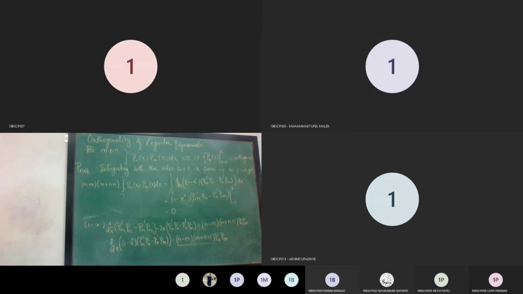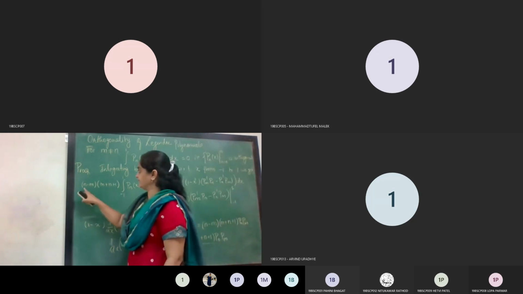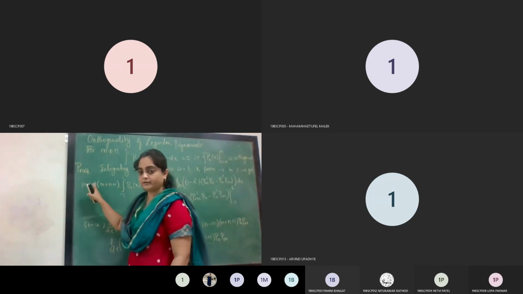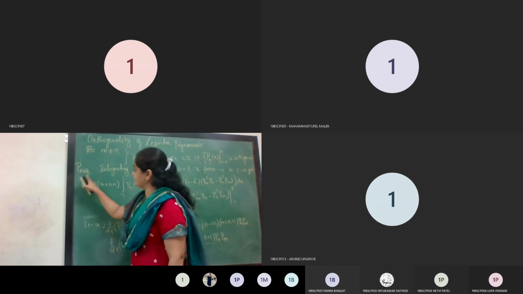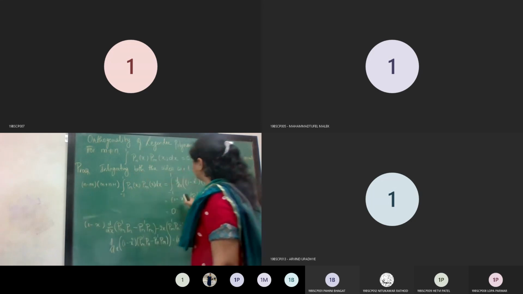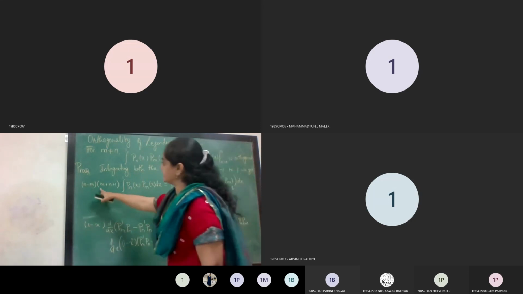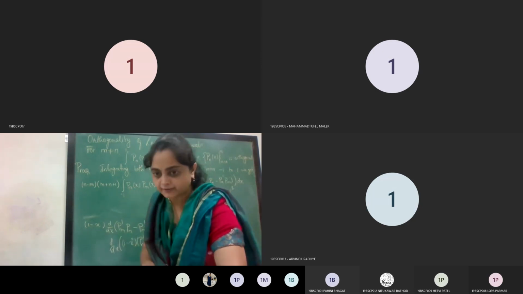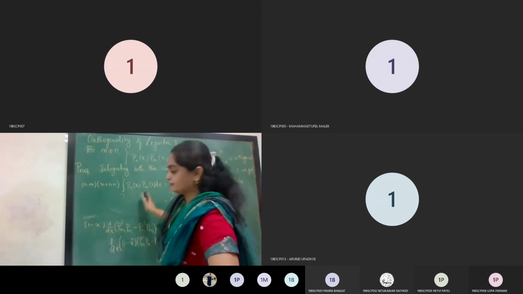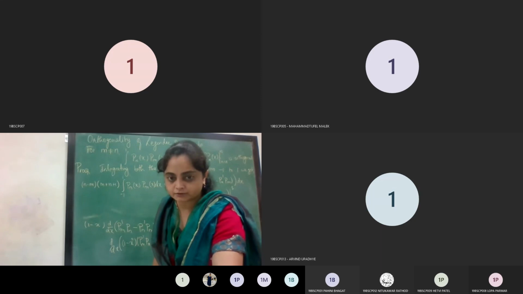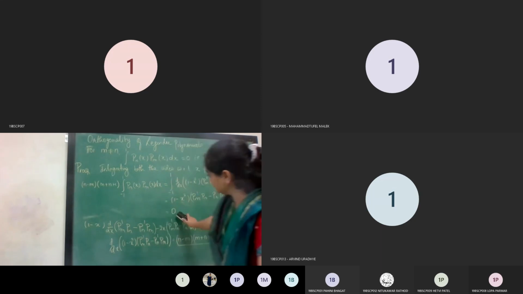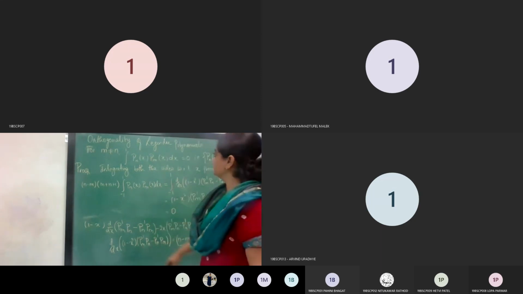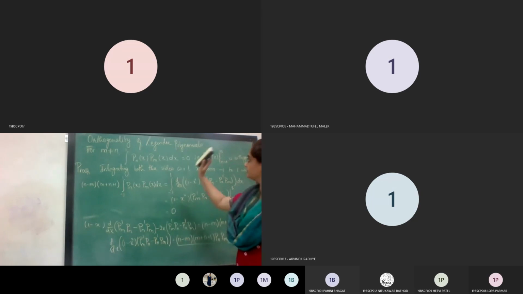Okay, so now we will prove the other case. What will happen when m is not equal to n? You can see that when m is equal to n, at that particular time this will also be 0, and hence at that particular time we cannot say this integral will be 0. So at that time we have to separately evaluate the integration, to see what will happen when m is equal to n. First you finish this one, then I will rub it, and then I will start with the part m is equal to n.